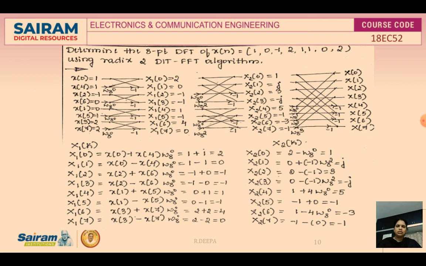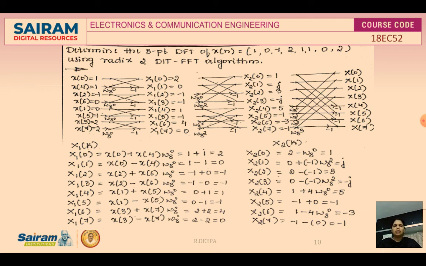And another thing is the intermediate outputs, you can name them based on the final output. Since the final output is written as x of k, the intermediate outputs can be represented with respect to x of k only as x1 of k and x2 of k. So once you get the output of the first stage, please verify once again, so that in the second stage you should not get any wrong answers. Why? Because the first stage output will be taken as an input for the second stage to get the second stage output. Even for getting the final output, once again you need to check the second stage output. Why? Because this will act as an input for the third stage. Finally, in the third stage we will be getting the output x of k.